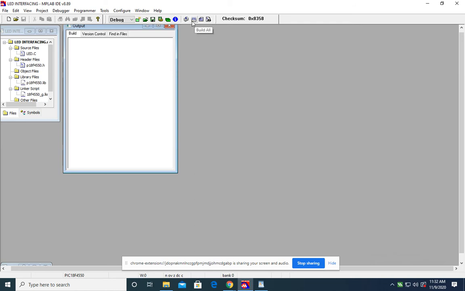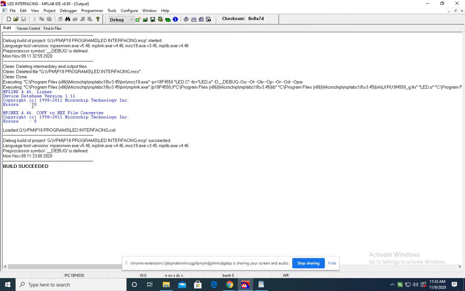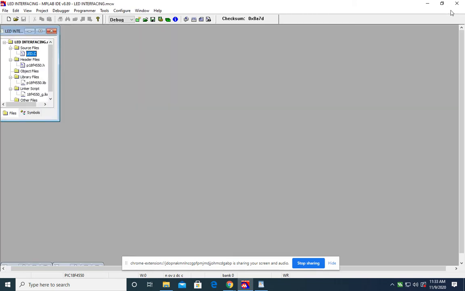After selecting the build all option, you can see the program is compiled and executed, and you get this message if your program is correct. If errors are there, you will get all the errors line by line in this particular file. If your program is correct, the build succeeded message will be there.